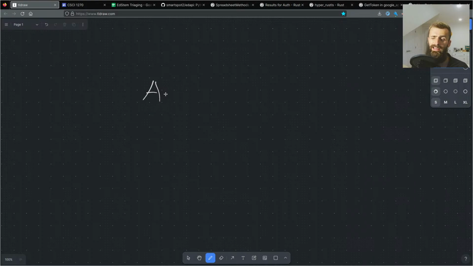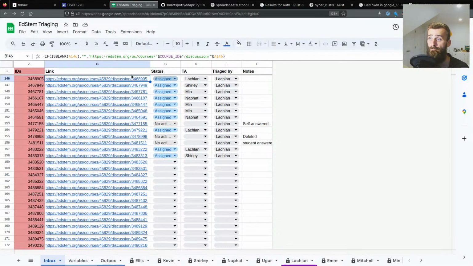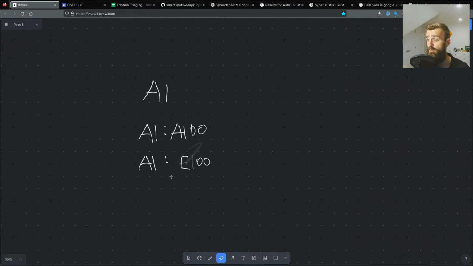So it's going to be something like A1 is a cell reference in Google Sheets, and that corresponds to the cell A1. You could also do the range A1 to A100, which means all cells from A1 to A100, or I could do something like A1 to E100, and that gets the whole range of A1 to E100. So it would be this whole range here. The range that I want in my case